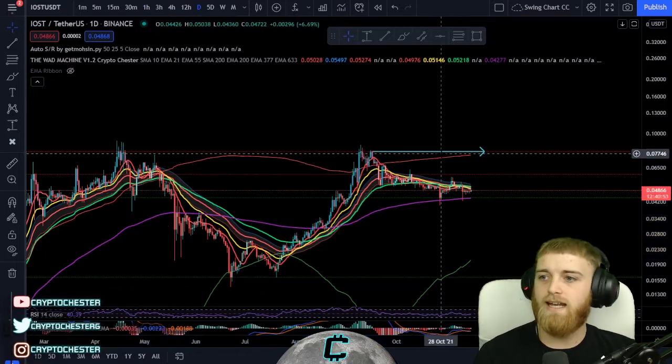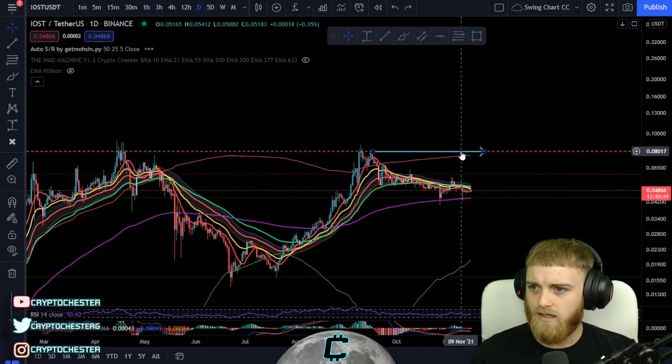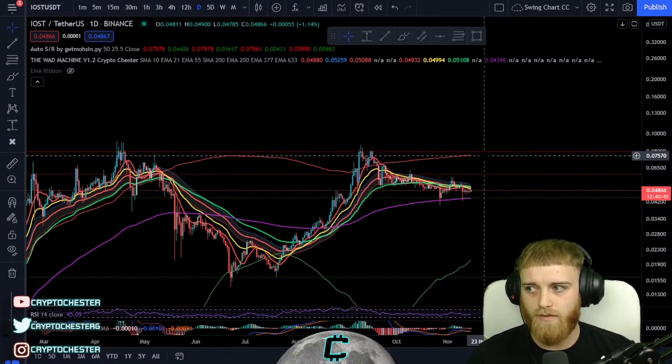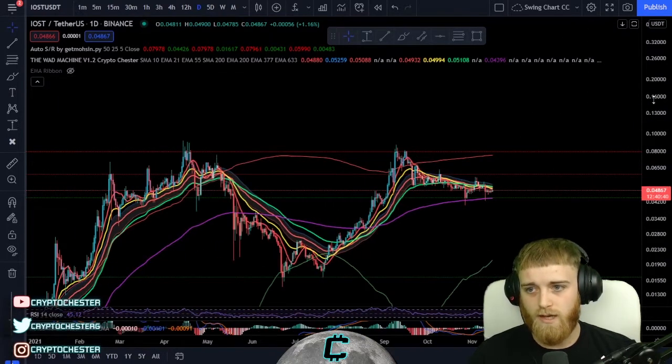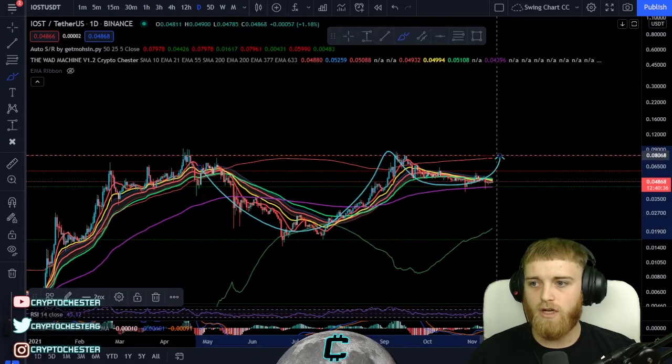I would say here on the daily, definitely something to be looking out for is this volume weighted ATR band, because it's obviously going to be acting as a very strong level of resistance. If we can get over that, it's going to be very progressive to the upside, looking really quite good. As I said, guys, cup and handle scenario,